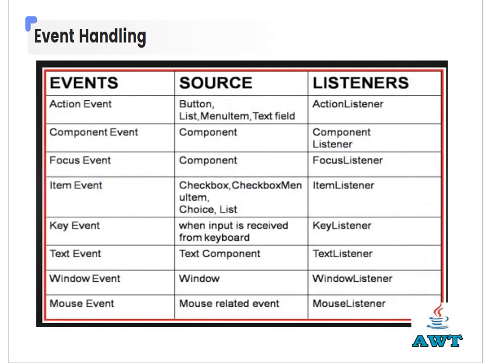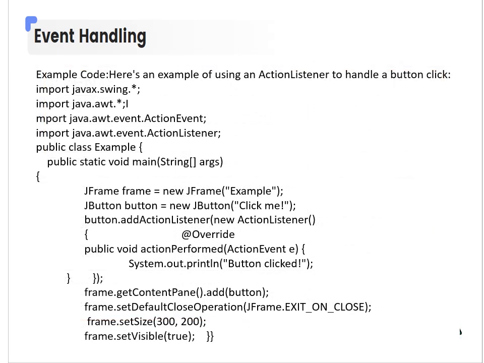Here the different events, their source components and their relevant listeners are listed in the table. Here one example program is given for ActionListener to handle the buttons. For that we need to import two more libraries. Import java.awt.event.ActionEvent, import java.awt.event.ActionListener, and the following code we have to execute in your lab exercise. In the main,